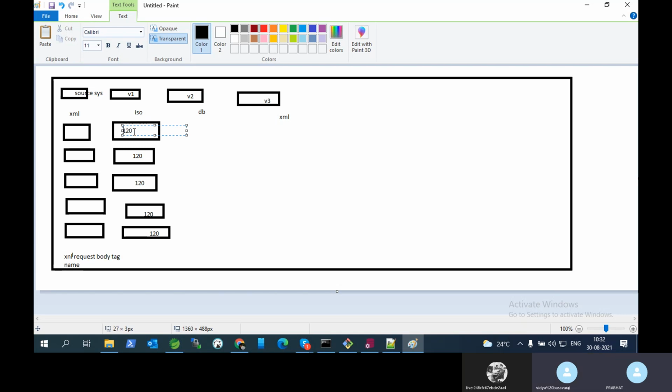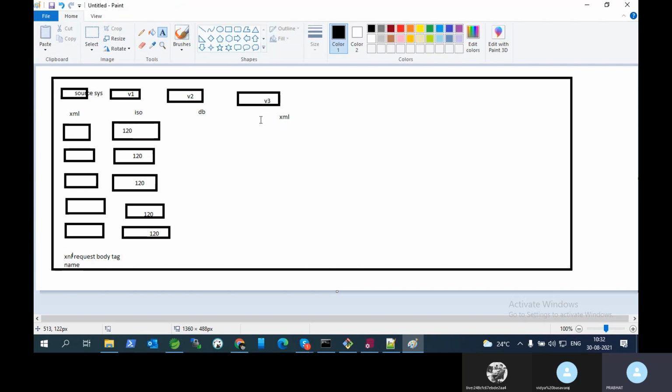Yes, sir. And however many validation systems we select at the create rule drop down, that many validation systems will come. Suppose here only ISO, DB and XML will come, then JSON will not come here. If any JSON system comes, then JSON will also come. Got my point? Like that it will keep on increasing. Suppose now we have only 3 validation systems. Tomorrow suppose we have a fourth one of type JSON, so that JSON drop down will also come. Got it?